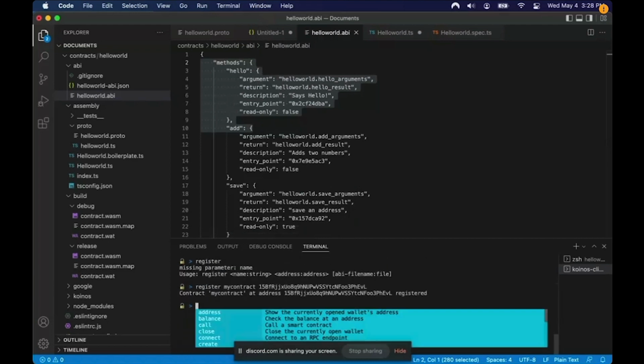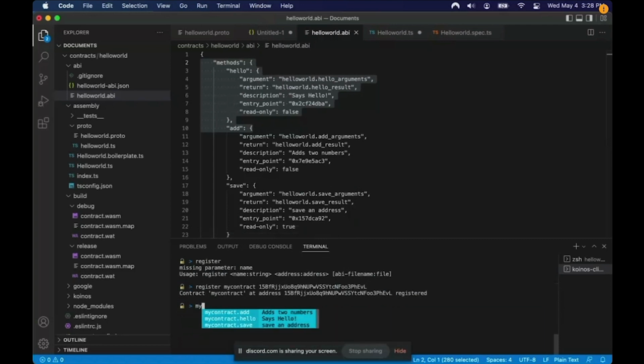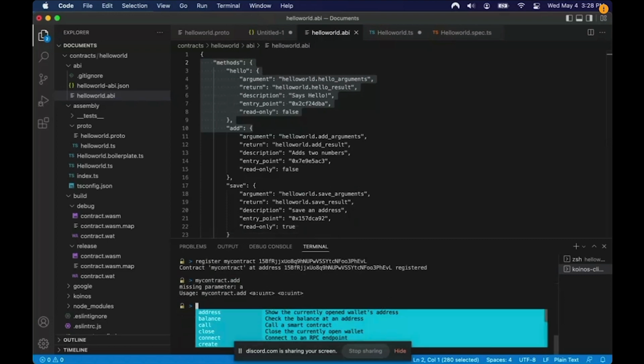When I do this, the CLI is going to check if there's an ABI file available. In this case, there's one available, so it will load the file, and now if I type my contract, I should have the functions available. So if I add two numbers, if I hit enter,